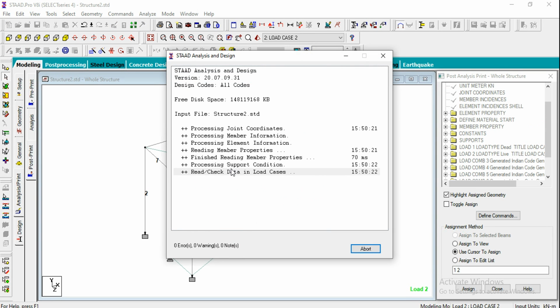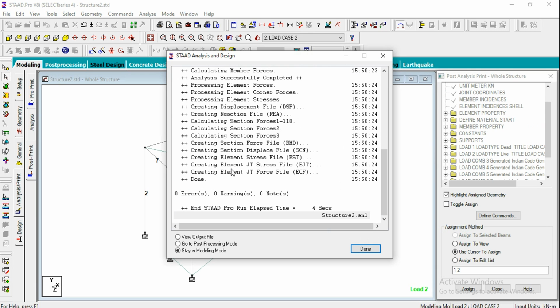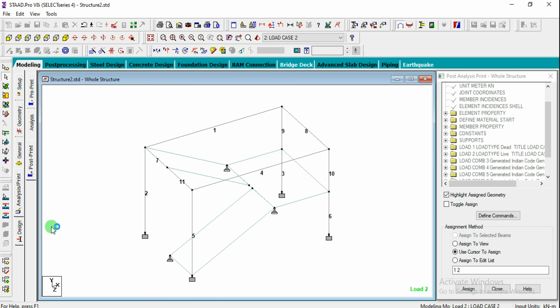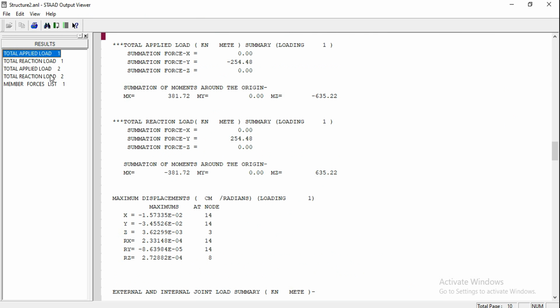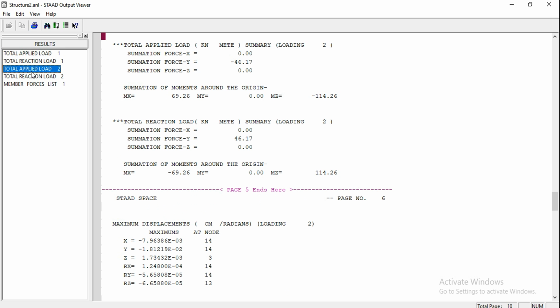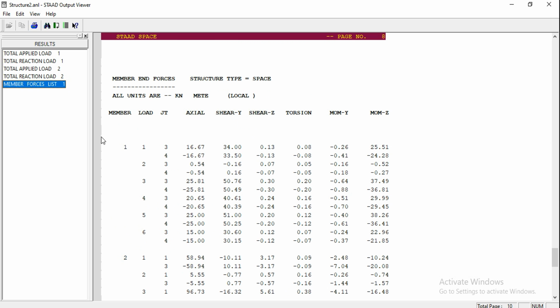So the analysis window has been opened here, and we can't design this slab as per Indian code. You have to consider strip from the slab portion and you have to design it manually from the values we got from the software. Just we have to interpolate that. So going for view output file and done, we can check the total dead load coming on the structure. Click on total applied load 1, 254.48 kilonewton per meter square, and similarly live load is this much. And member forces, so axial load, shear forces, torsion, that is twisting moments, and my and mz.